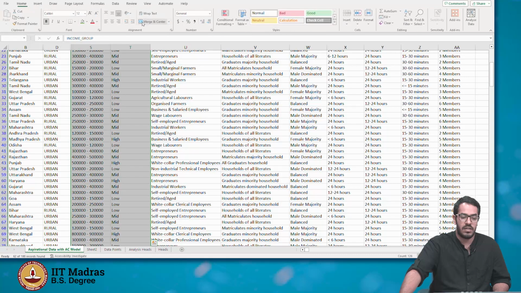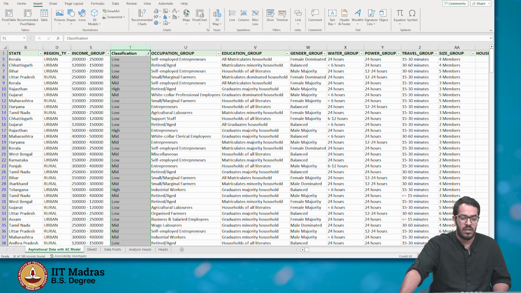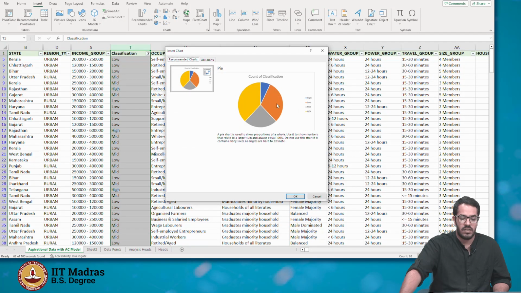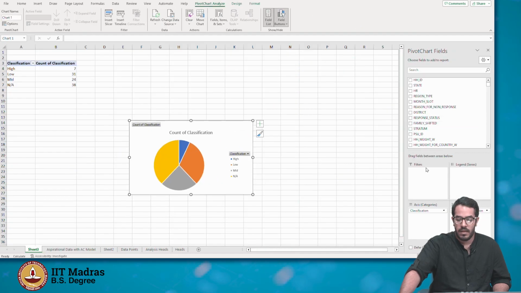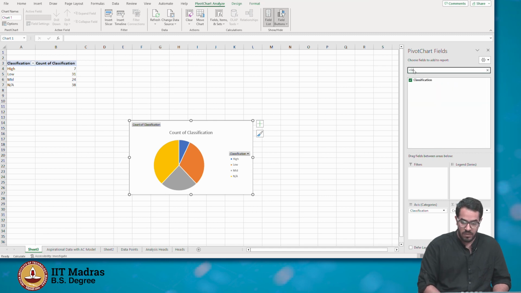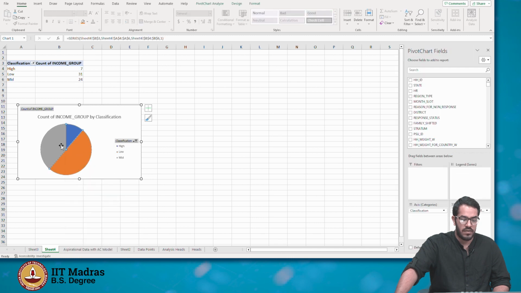I went to insert and I went to classification. Just selection classification should be fine. Insert recommended charts. We will see that we have this. Of course, we do not want this thing NA to show up. Here I can remove the NA field since I don't want that data, and here I have the distribution of